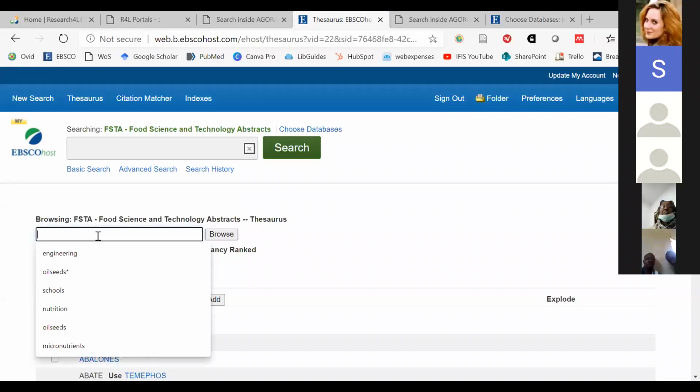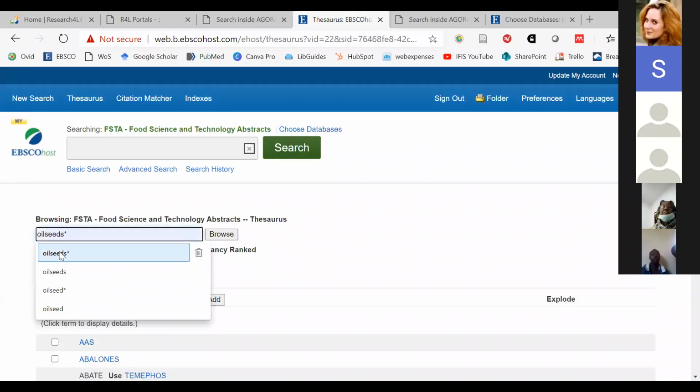A lot of times the term is listed in the thesaurus as a plural term rather than a singular. So if we look at oilseed